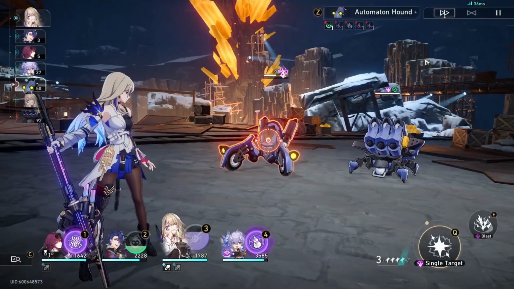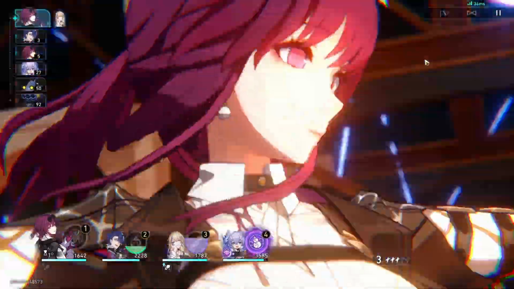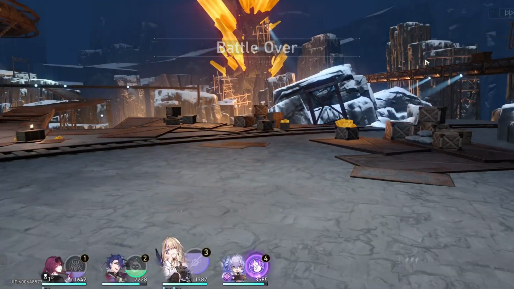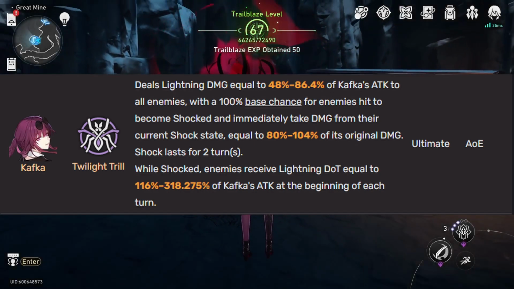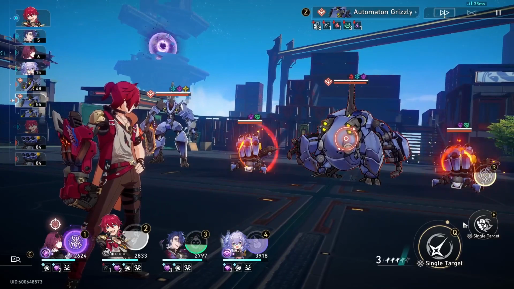So the DOT-focused gameplay style existed before Kafka's release, but it took on a much more proactive identity after Kafka's release, and it's all thanks to her kit. Her ultimate is where the show begins. It deals up to 80% of her attack to all enemies and has a 100% base chance to apply shock for 2 turns. In addition to this, enemies will also instantly take a damage instance from said shock upon application,